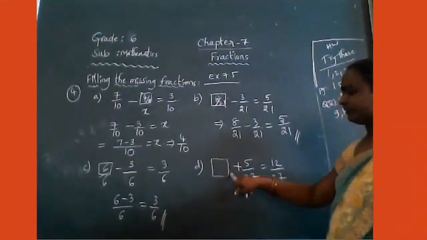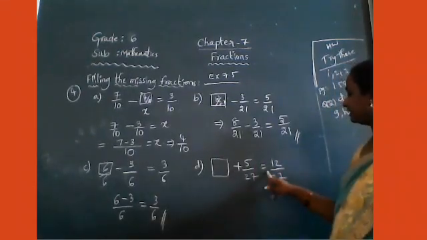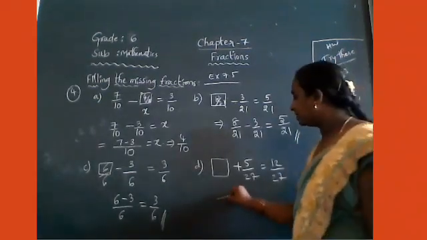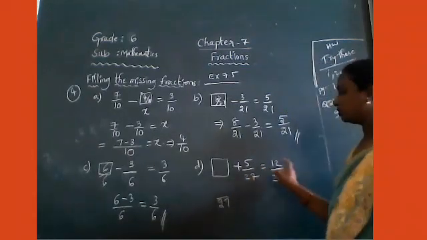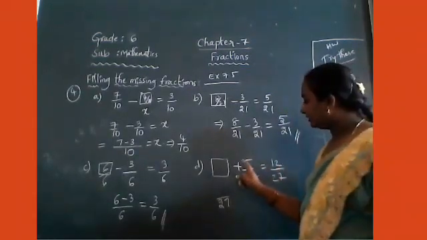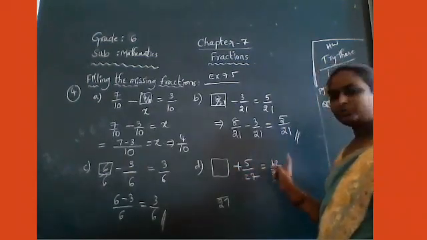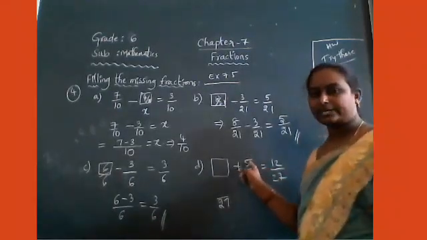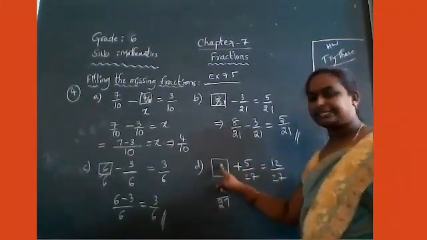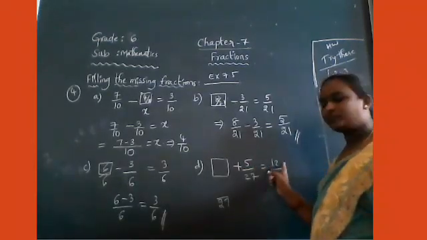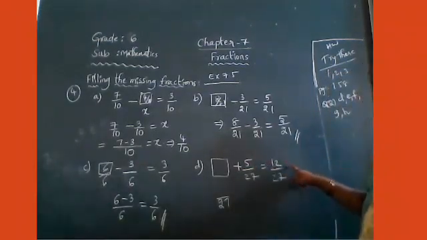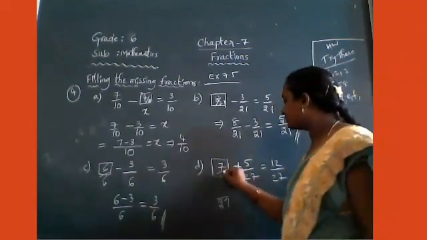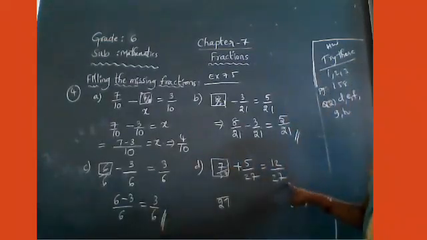Here, missing fraction plus 5 by 27 is equal to 12 by 27. So here the denominator we need is 27. The numerator 12 came. If you take 4, will it give 12? No, 4 plus 5 gives 9. So then take more than 5. If you take 6, 6 plus 5 is 11. So it is also not giving. The numerator is 12. So then we have to take 7. Then 7 by 27 gives 12 by 27.